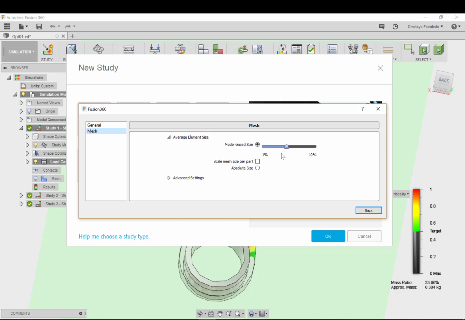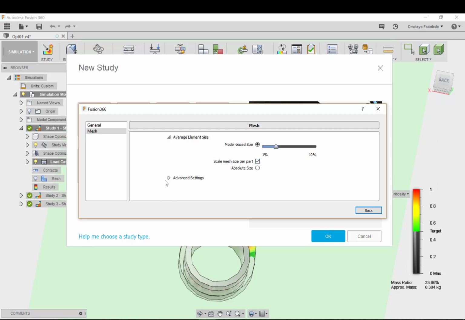That's usually not good enough for shape optimization, because in shape optimization you want to have a finer mesh than that. So you can move this slider to as low as 3%, and then select scale mesh size per part.